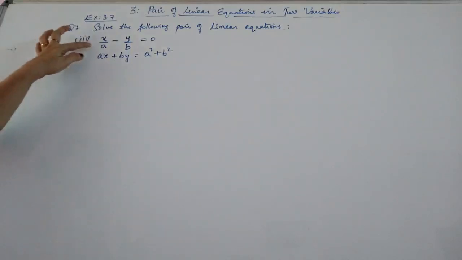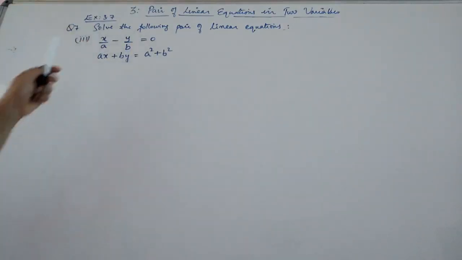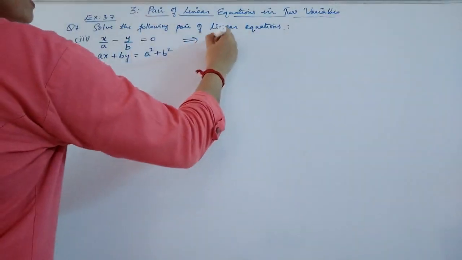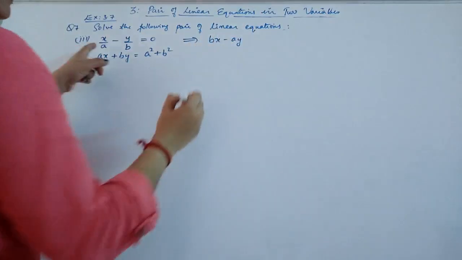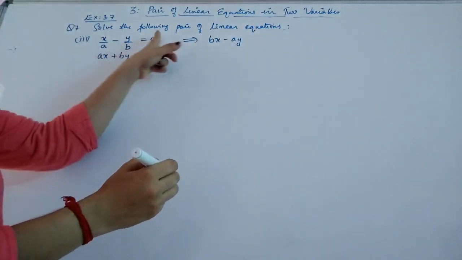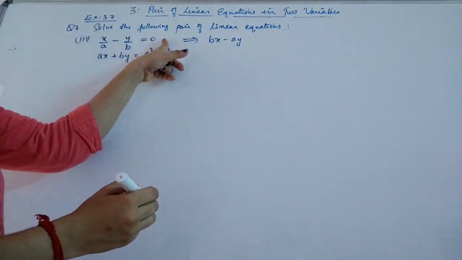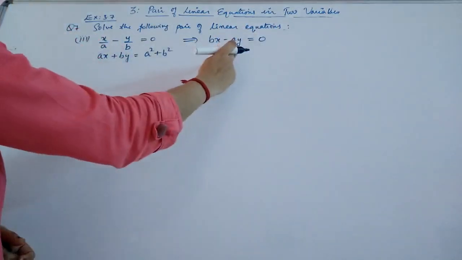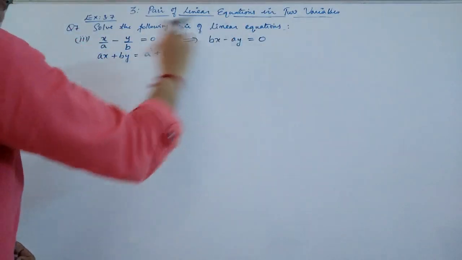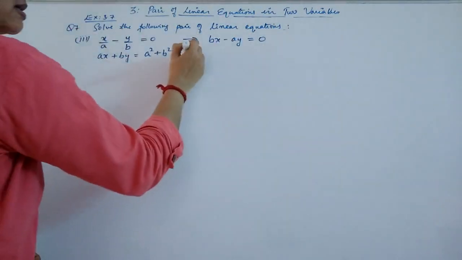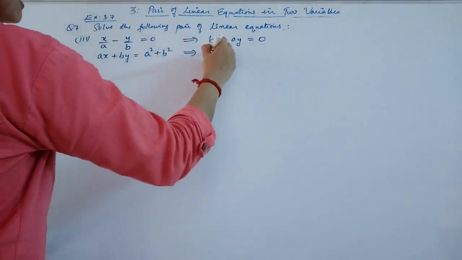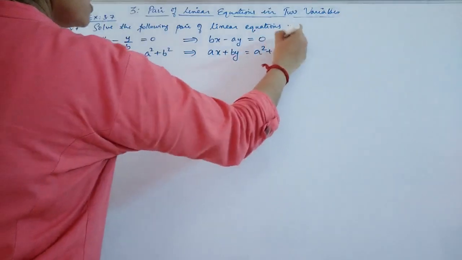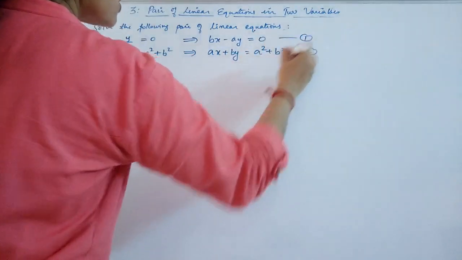Here what we will do is, first equation we just rewrite it, or taking the LCM, we will just make it in the form bx minus ay divided by ab will be the LCM, and that will be going to the right hand side, into 0 will give you 0 only. Okay, so this is the form of the same equation, but we are rewriting it in this form, which is your linear form. Okay, and the second equation is as such: ax plus by equal to a square plus b square. So now this is your first equation, this is your second equation.